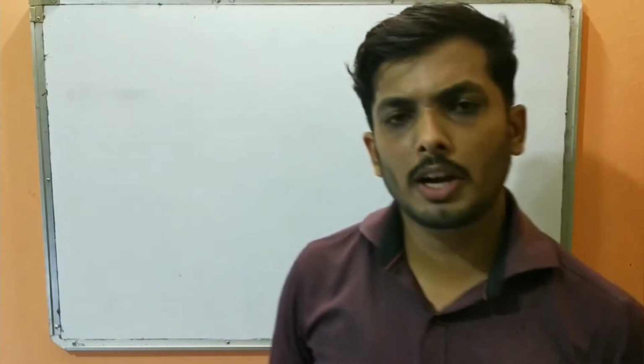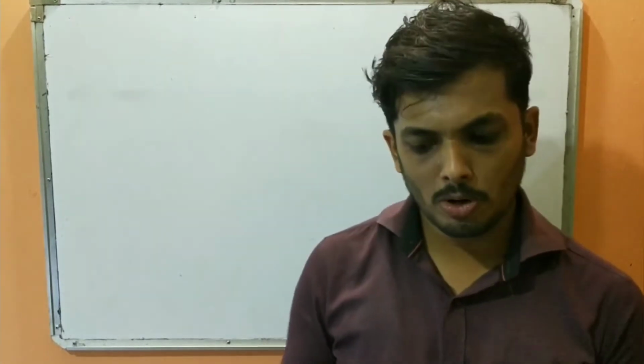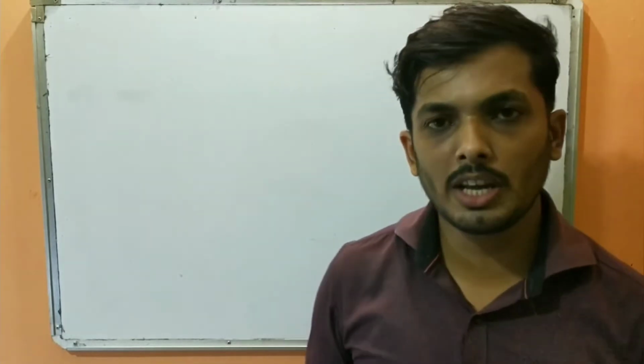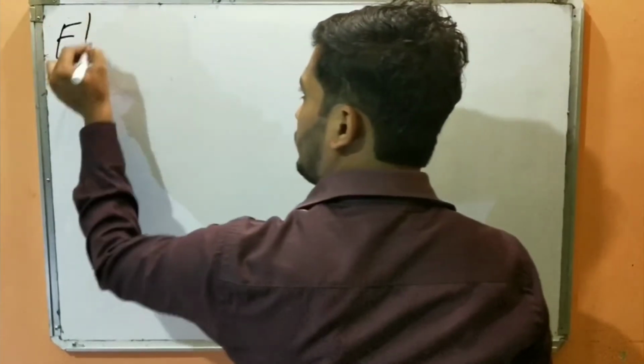Okay. So students, now let us study the concept of electric flux. Electric flux is nothing but the total number of electric field lines passing normally through the given surface. So basically electric flux gives me an idea about the density of the electric field lines. It is quite similar to electric field lines, but here we are considering an area. So how many electric field lines are passing over a given area, that will give me what? Electric flux.